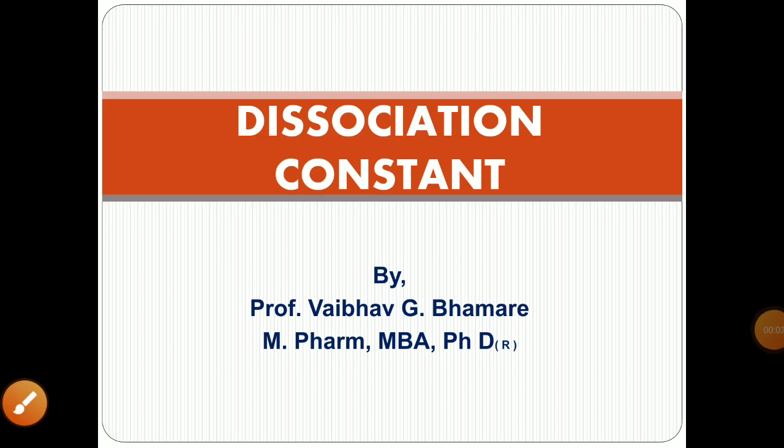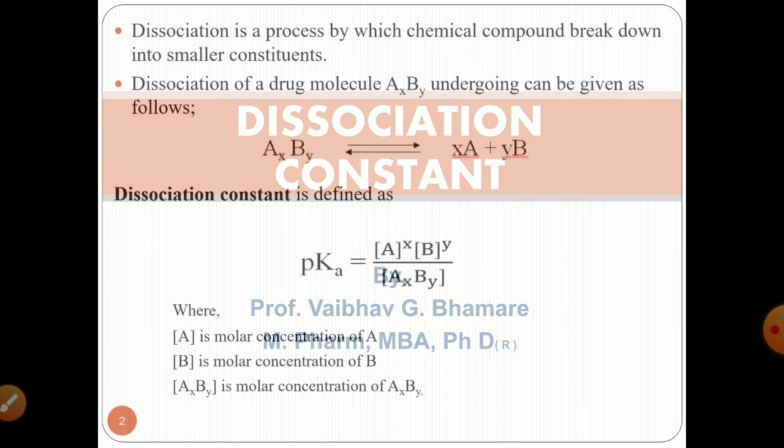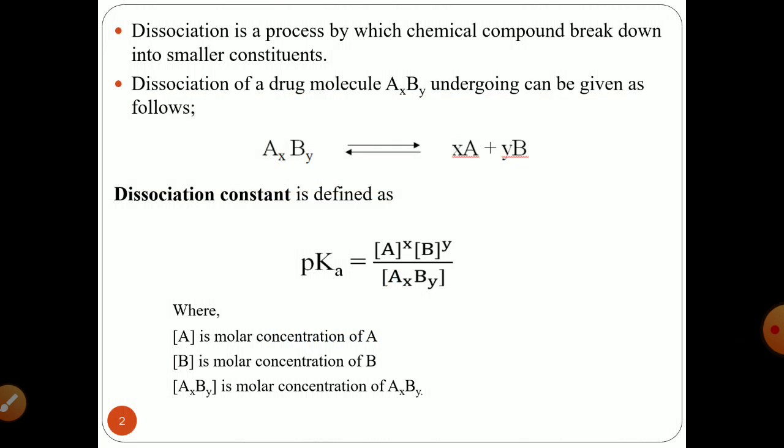Dear learners, in this session we will discuss dissociation constant. Any compound that has acidic or basic nature may undergo the process of dissociation. What does this process of dissociation actually mean? Any chemical compound can break down into its smaller constituents. The process by which a chemical compound breaks down into its individual constituents is known as the process of